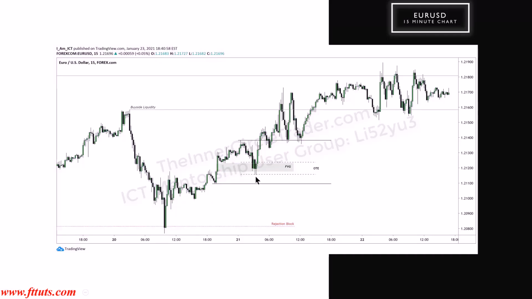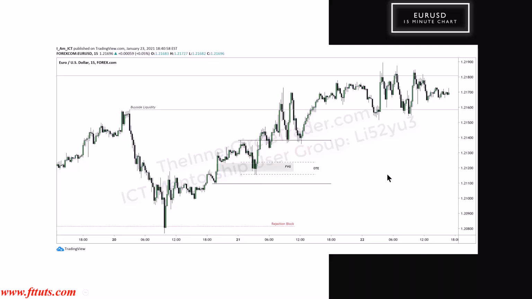So on charts like this over here, you would say the market had a clear Judas swing down into a fair value gap, moving to a discount and order block, which set the stage for a run into the buy side liquidity. Then you can do like 10, 20, 30 pip grades above this buy side liquidity pool, and you can see how it mapped out a run into that here. Okay.